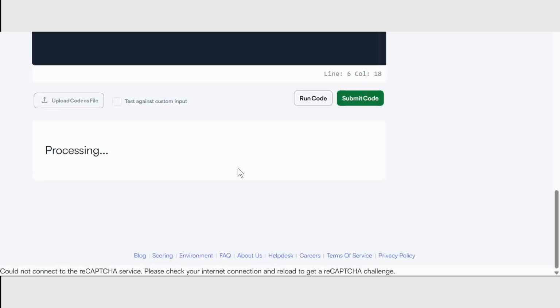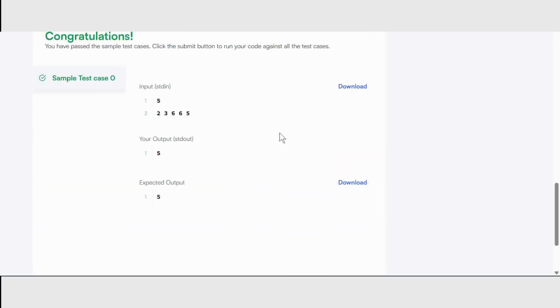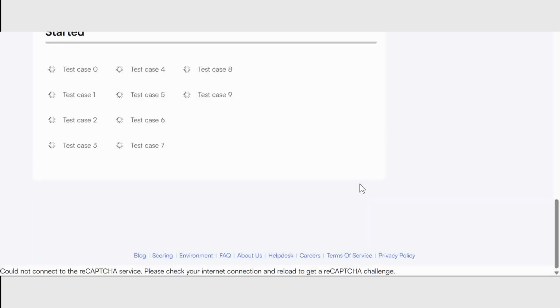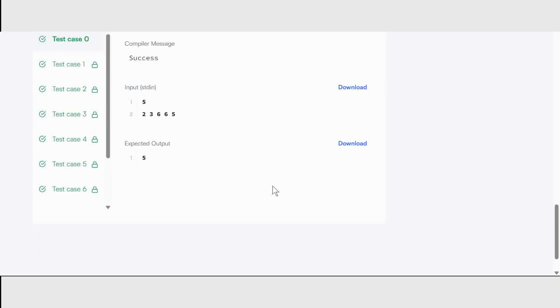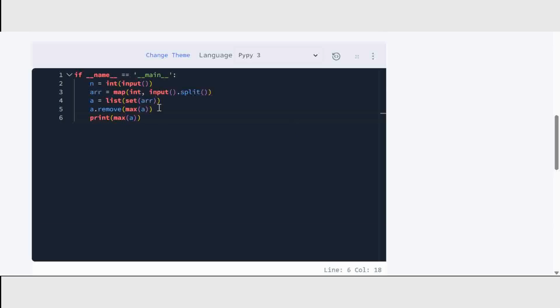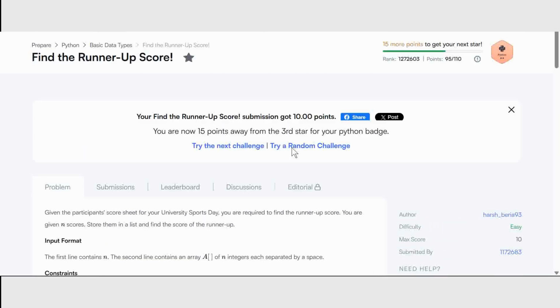Let's run the code and see. Okay, so our sample test case has been passed. Now submit. Okay, so congratulations. We have passed all the test cases. So that's it. These are the only 3 lines I have added and we got the result for